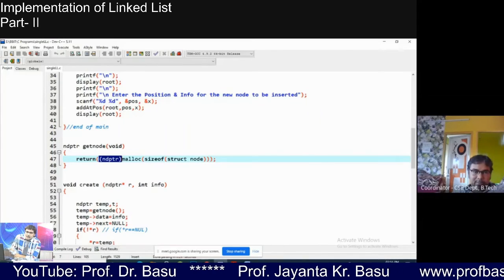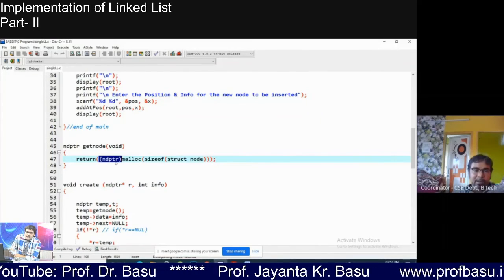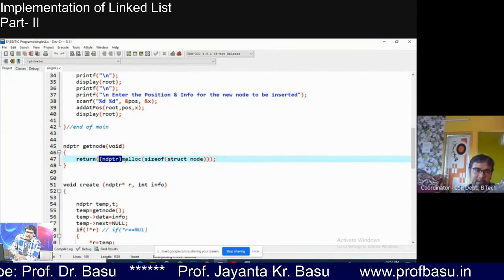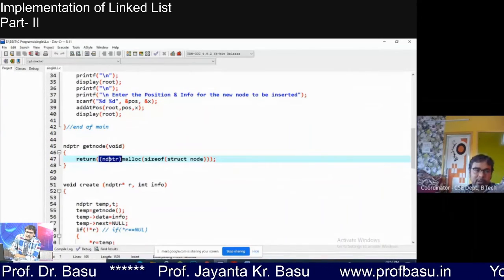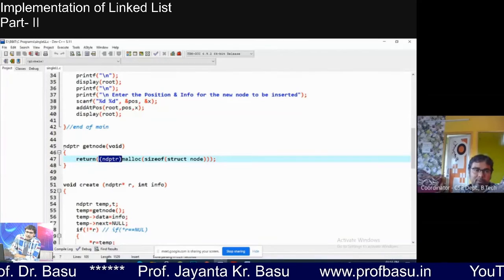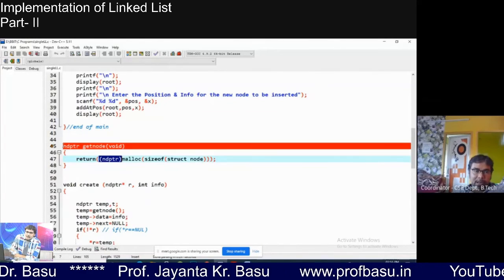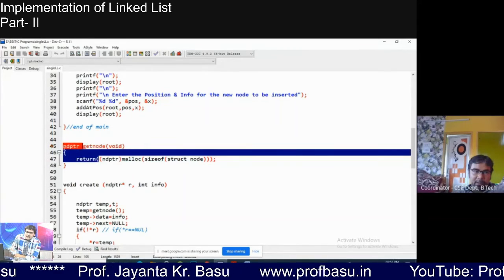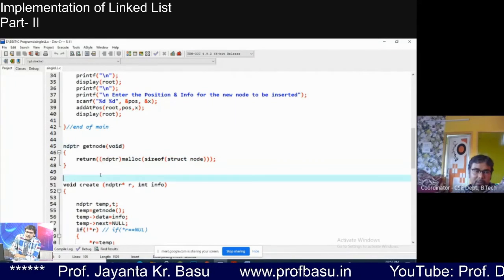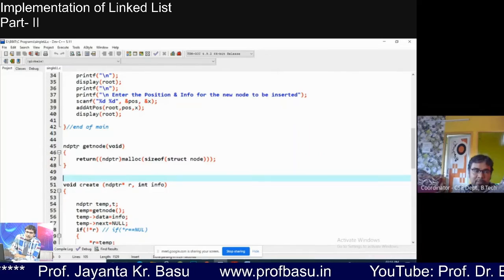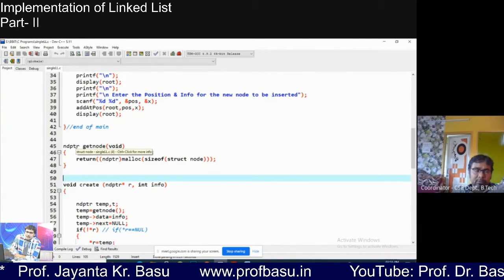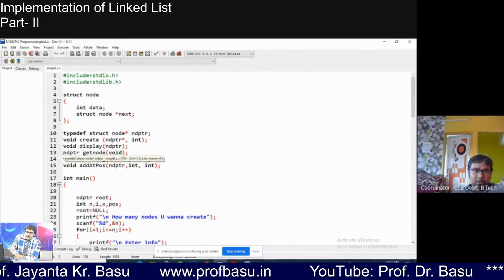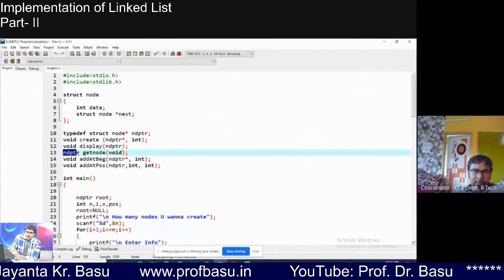And after the space is allocated, the base address of that space will be returned by the get node function. That's why I have chosen ndptr as the return type of the get node function. You know that here we must write the return type of the function, and in the prototype also I have written ndptr get node.